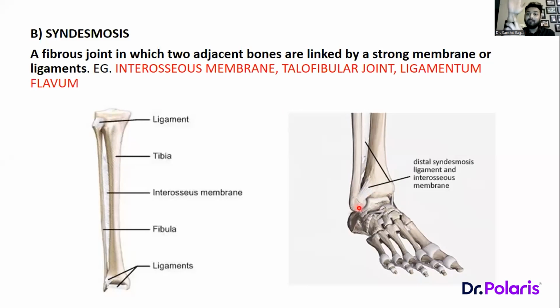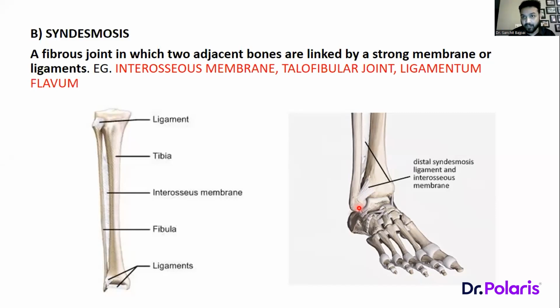So if I have a membrane in between connecting them, I would be able to easily do this function. And what is this function called? Pronation and supination. Correct? So this interosseous membrane is a very important structure for pronating and supinating any particular structure. And where do we do this commonly? Over in our legs as well as over in our forearms, because these are the most common areas for pronation